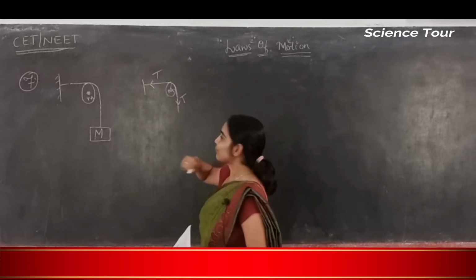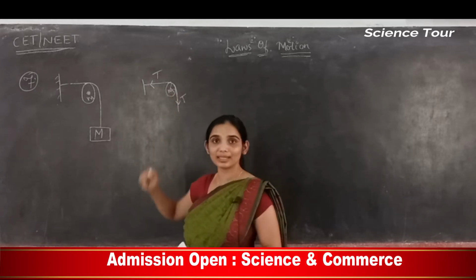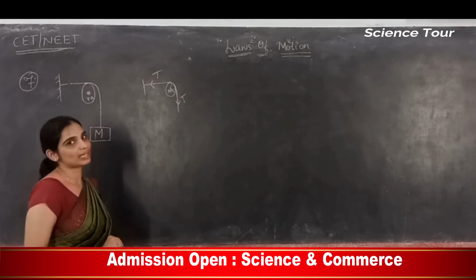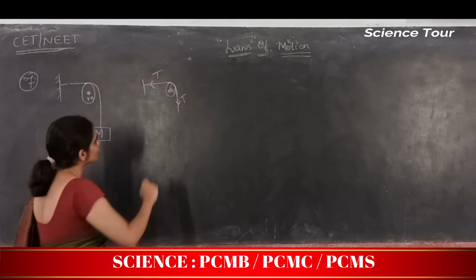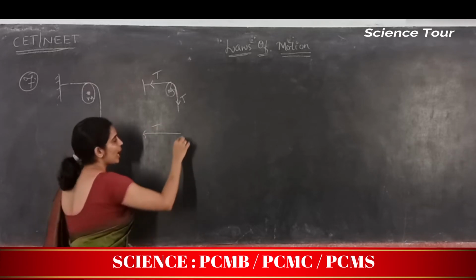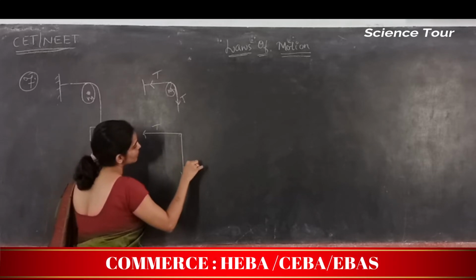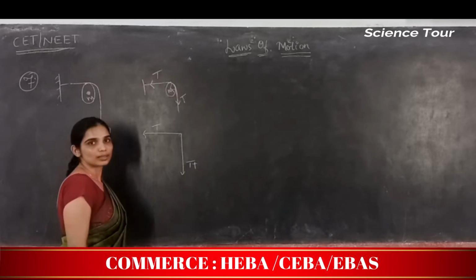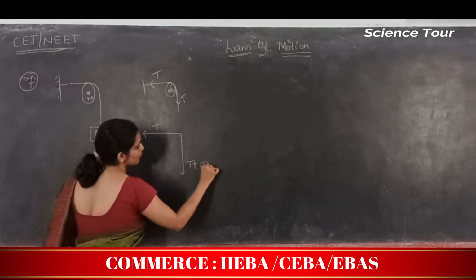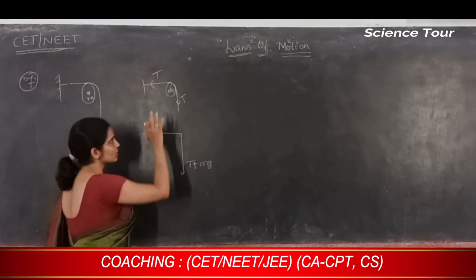Now, if we write only the forces acting on this pulley, because we have to calculate the total force acting on the pulley, correct? So what are the forces acting on the pulley? One is tension along this direction, and another one is tension plus the weight of this pulley, correct? Weight is nothing but m into g, the weight of the pulley, which is acting downward. These are the total forces acting on the pulley.